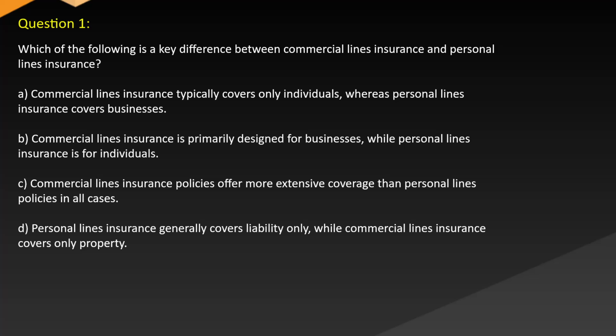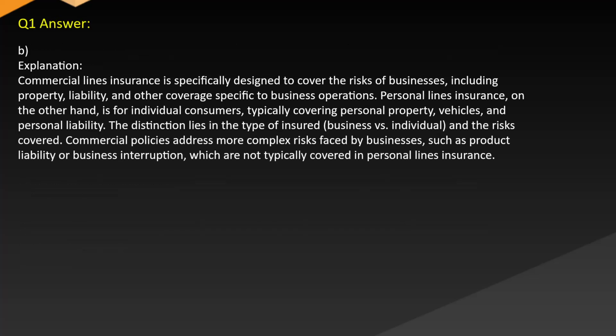C. Commercial lines insurance policies offer more extensive coverage than personal lines policies in all cases. D. Personal lines insurance generally covers liability only, while commercial lines insurance covers only property. Answer. B. Explanation. Commercial lines insurance is specifically designed to cover the risks of businesses, including property, liability, and other